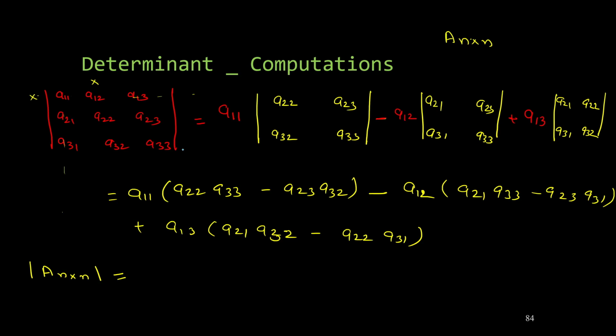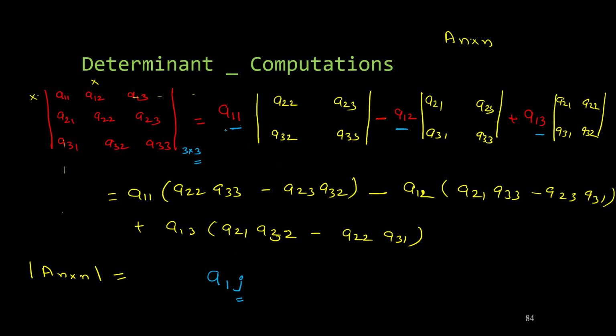If you notice, this was a 3 by 3 matrix, right? And for this 3 by 3 matrix, this was your formula, the right hand side, right? So you have taken A11, A12 and A13. So A1 means first row, but the second subscript is changing. This is 1 here, 2 here, 3 here. So basically you have A1J, where J is changing, and J goes up to 3 because it is a 3 by 3 matrix, right? So for a 4 by 4 matrix, you will have one more element A14. For 5 by 5, you have one more element A15, and so on, right?